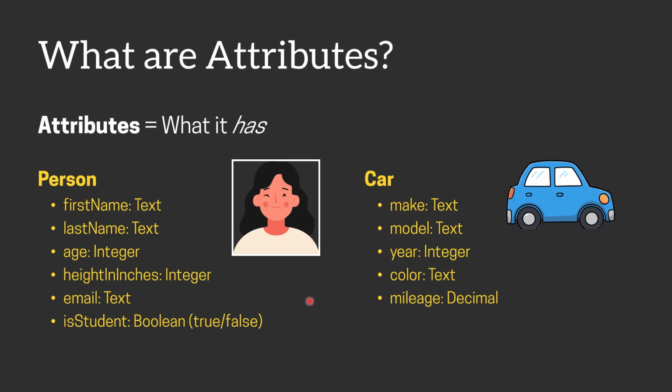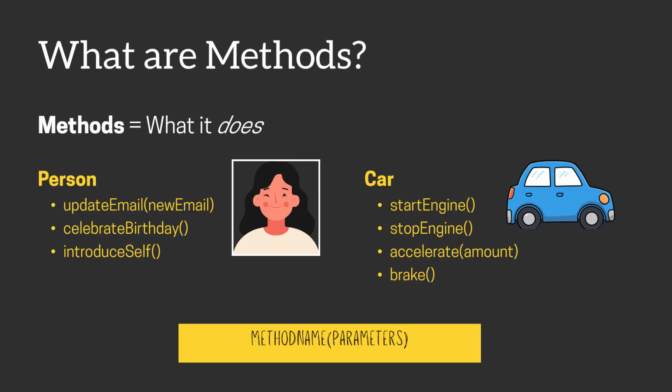So if you're ever unsure whether something is an attribute, ask yourself, is this a description or a fact about the object? If yes, then it's probably an attribute. Now, methods, on the other hand, are the actions that the object can perform or can be performed on it. So, for instance, methods for a person might be to update the email, to celebrate the birthday, to introduce self. Methods for the car might be start engine, stop engine,